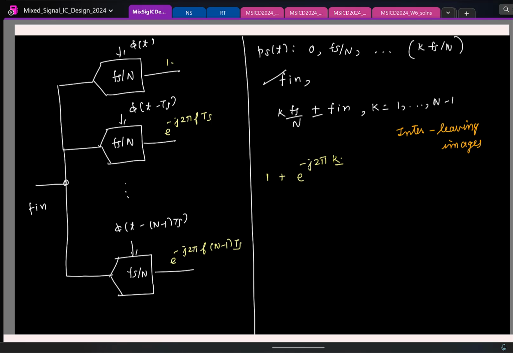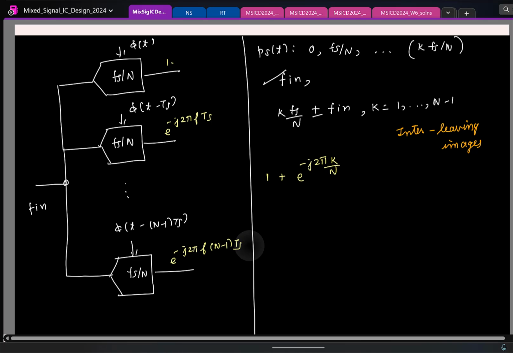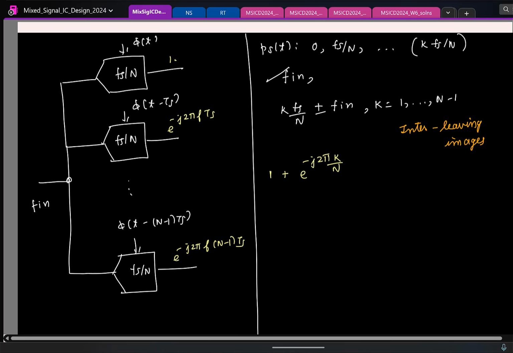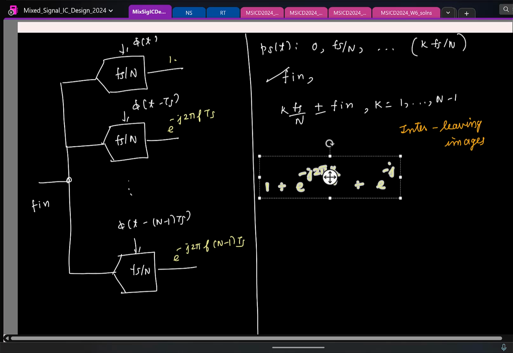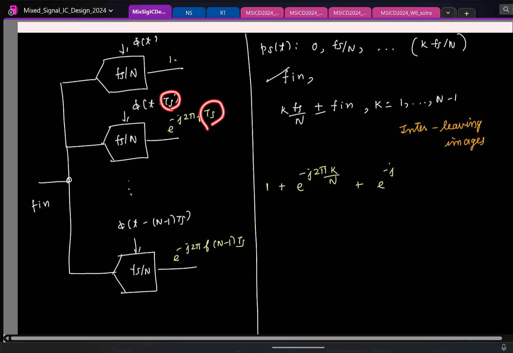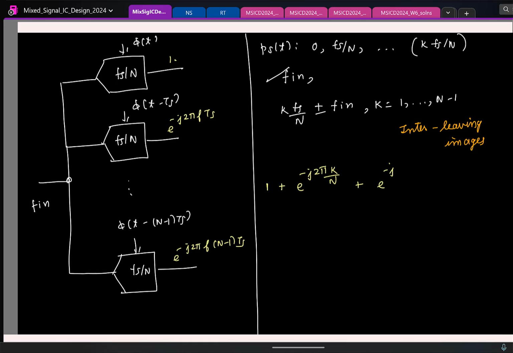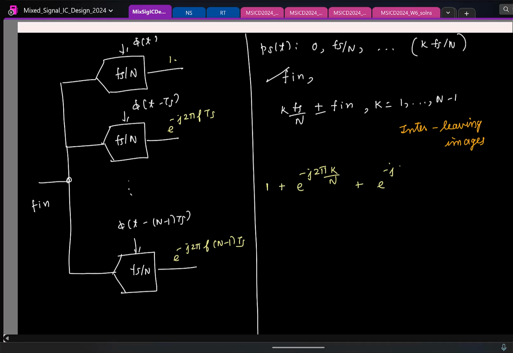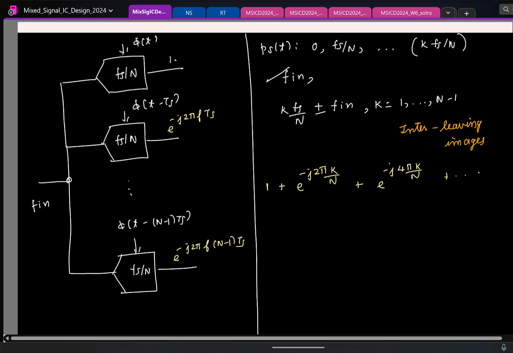Fs and ts go away. This is basically j 2 pi k by n. Now by extension, what will be the phase added by the third path? If I have a delay of Ts, this is the phase. If the delay is 2 times Ts, what will happen to the phase? It will just double, and it will keep happening till I reach